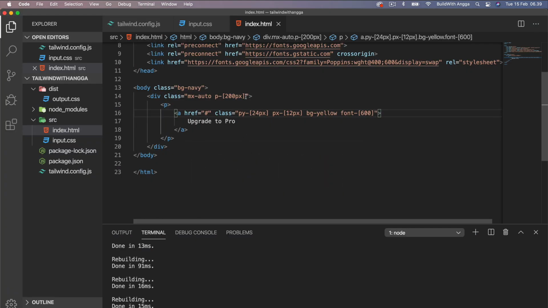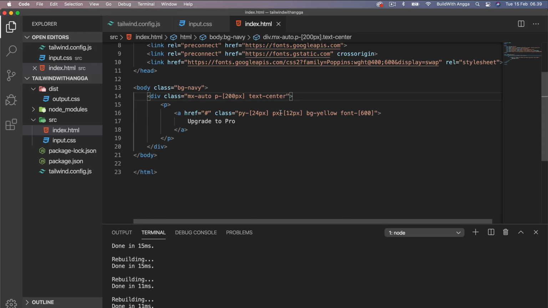Okay, and we do have this design. And maybe we can put it in the middle. Well, it doesn't work. Okay, it is working now. And I think that the px is supposed to be 24 and py supposed to be 12. Like this.